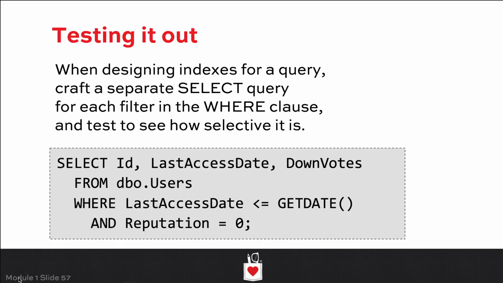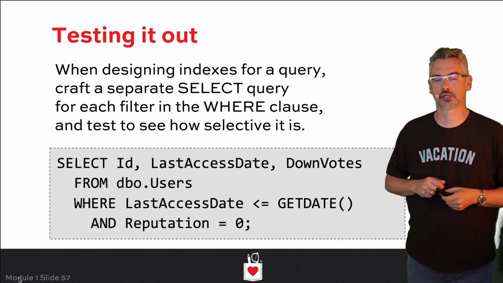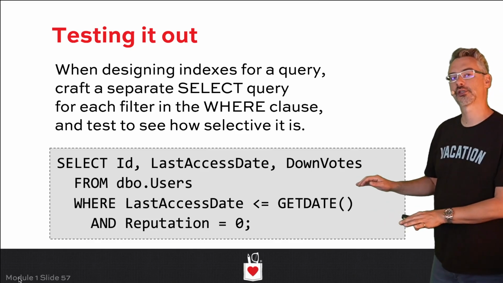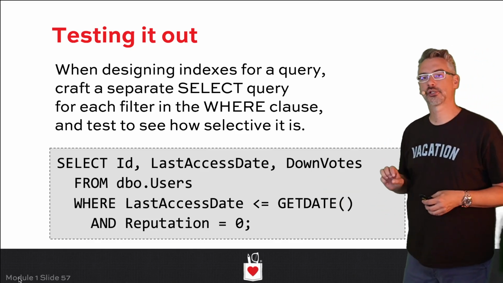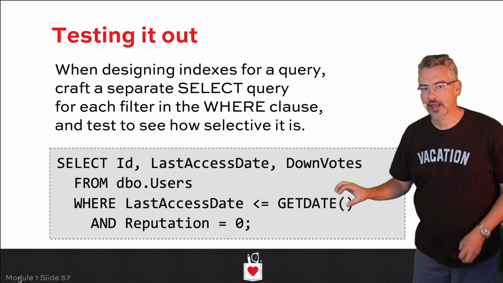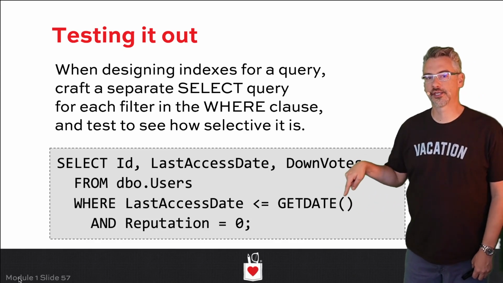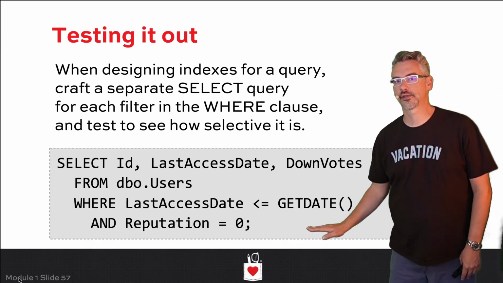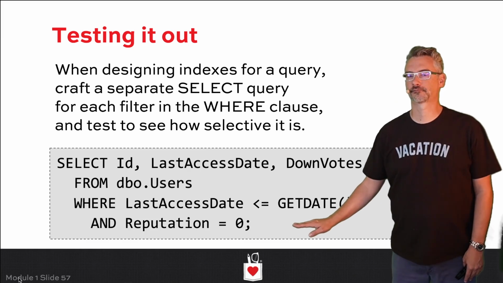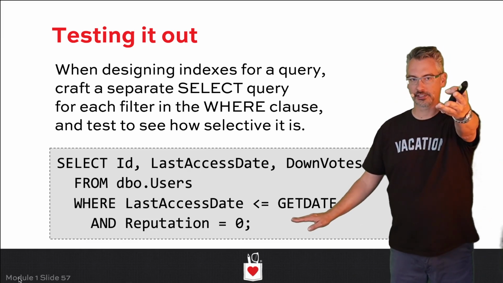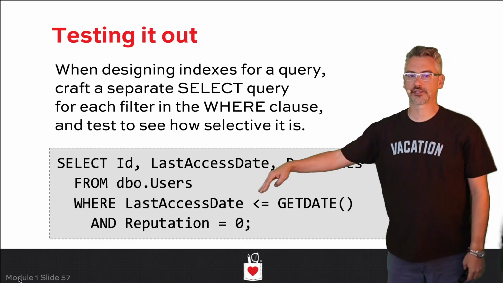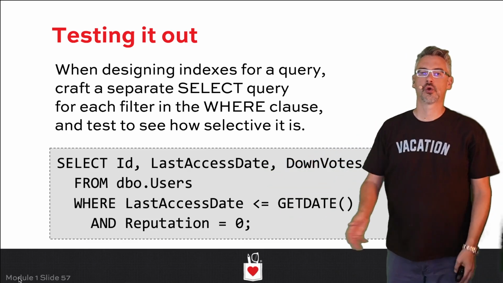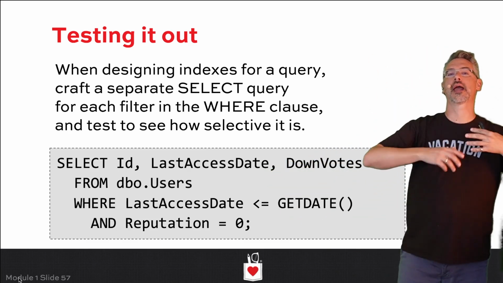And the way that I test that out in real life is that when someone hands me a query to tune and it's got multiple things in the where clause, I'll actually tear this out. I'll say, go count the number of rows where this filter matches, then go count the number of rows where this filter matches. Because if you looked at the data in the Stack Overflow database, last access date would appear